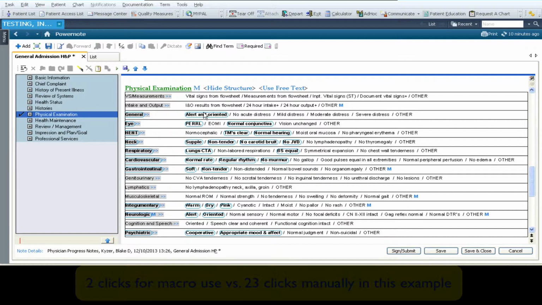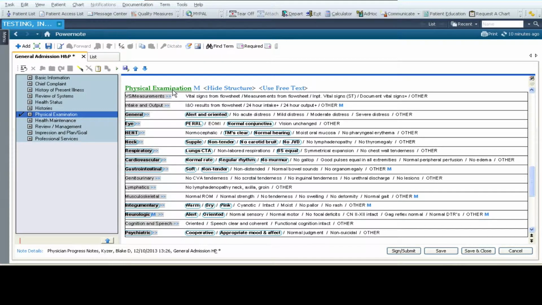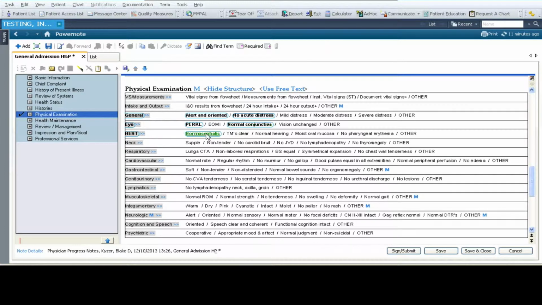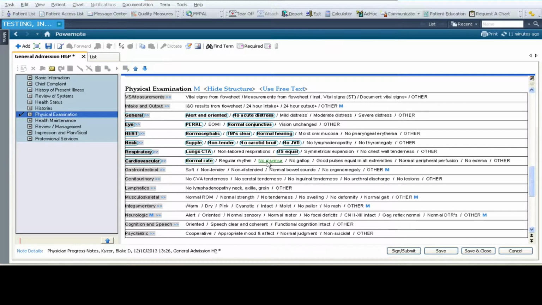So here's how we build them. First off, I'm going to start off by clearing so that we essentially have a blank space within that paragraph. So the first thing I'm going to do is I go through this particular paragraph and just select the terms that I want, in this case, a normal physical exam. Okay, so now that I've got my macro built out with all of the terms that I want selected,